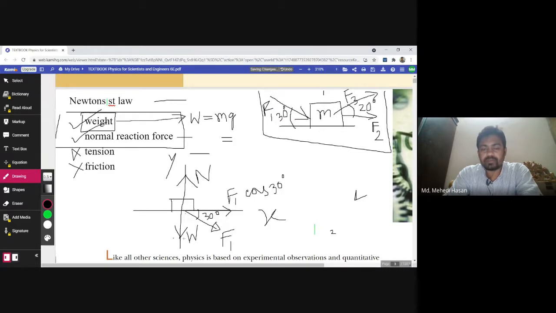Y component of this force will be F1 sin 30 degree. Okay, so F1 sin 30 degree. This is the mainly y component. Now in case of F2 is acting along the x axis, so এটার কোনো কম্পোনেন্ট নাই, শুধু x এর দিকেই টোটালটা কাজ করতেছে।